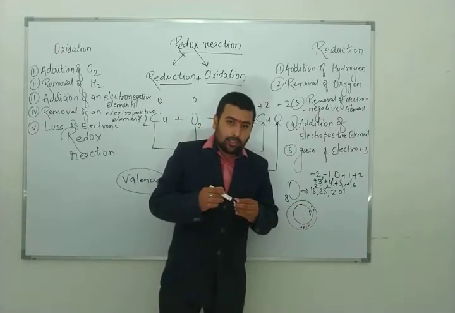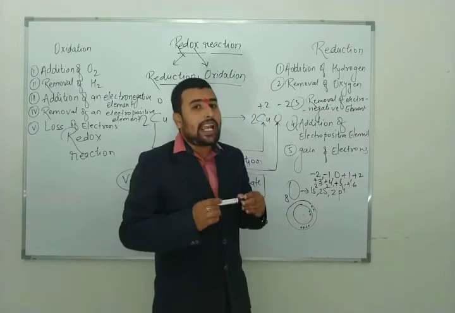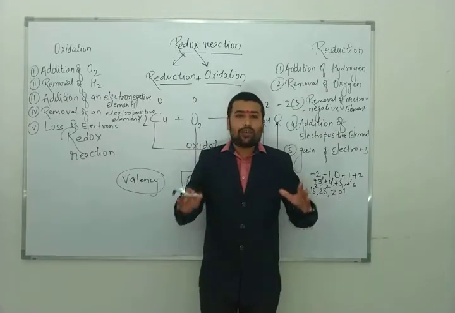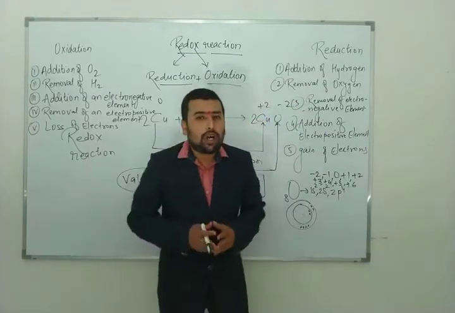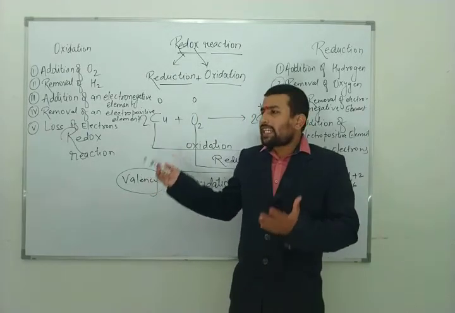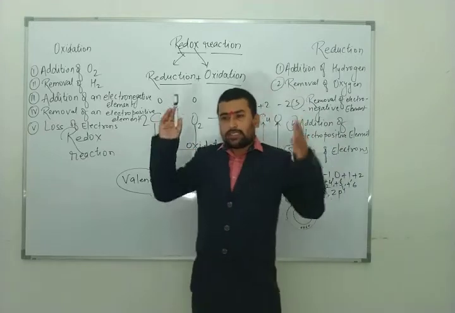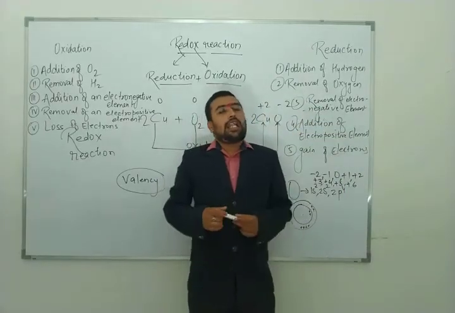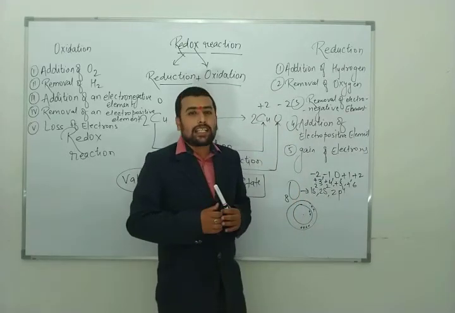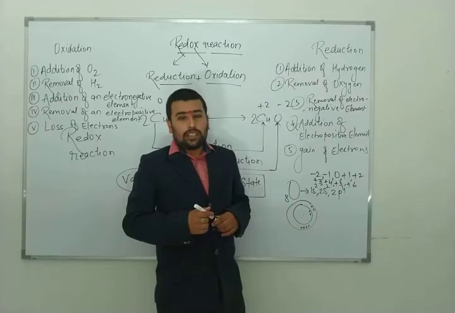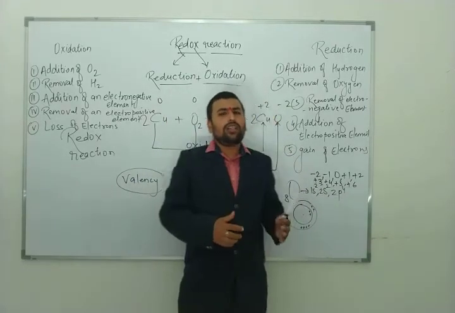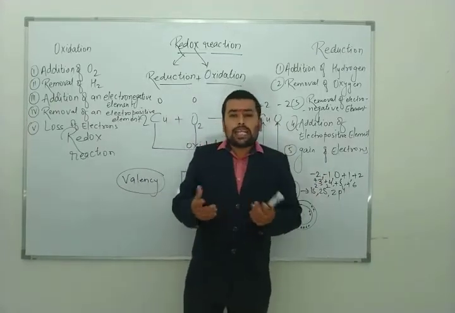orbit. Why? Because each and every element has a tendency to complete its octet in the outermost shell. You know very well, if it can't complete its octet, then it will try to go to the nearby last group element, the zero group elements. They will try to attain the nearest electronic configuration of the inert group. So here, if it is not able to attain neon electronic configuration, then oxygen will try to attain helium electronic